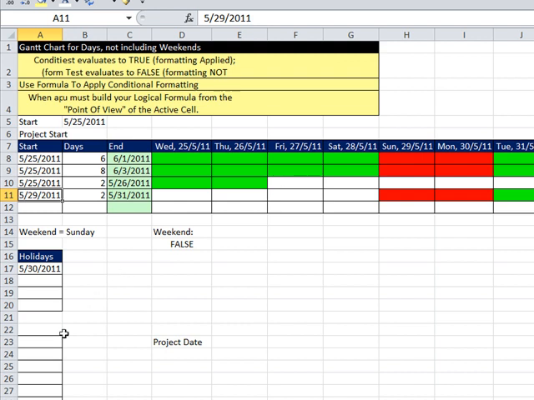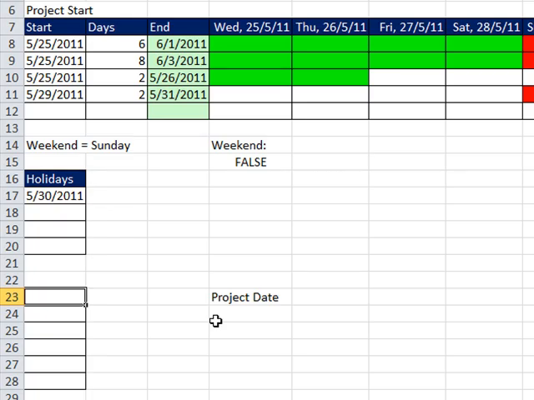So now I'm going to come down here. We're going to use AND, and we're going to have to build a true-false formula, but we're not going to use conditional formatting. We're going to use data validation. Now, a lot of times, people use data validation lists, but you can use data validation for all sorts of things, including a logical formula. So let's think of a logical formula. It's simply going to be that